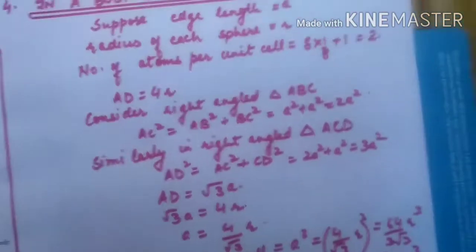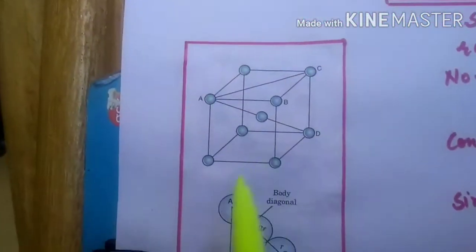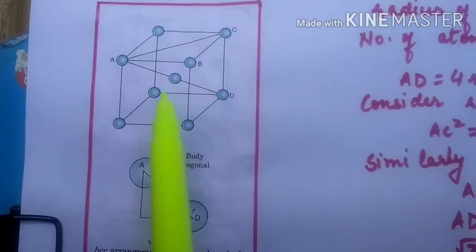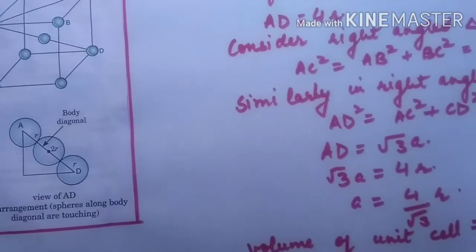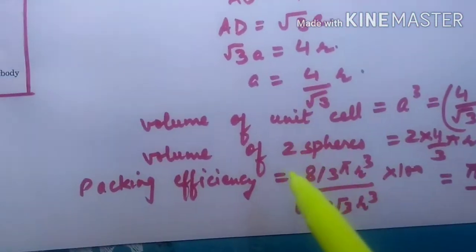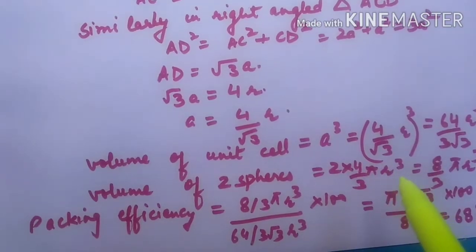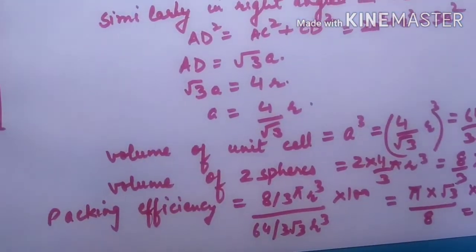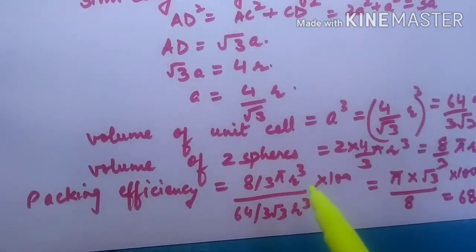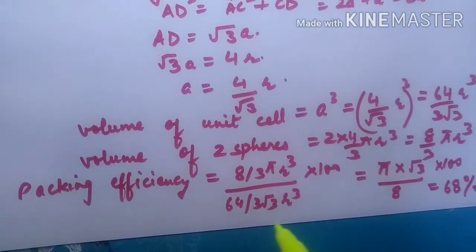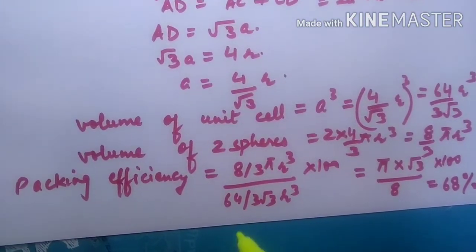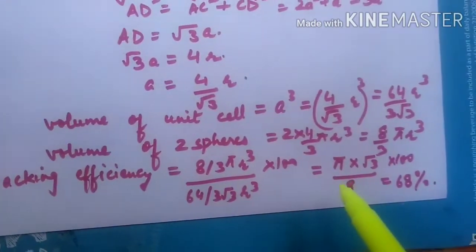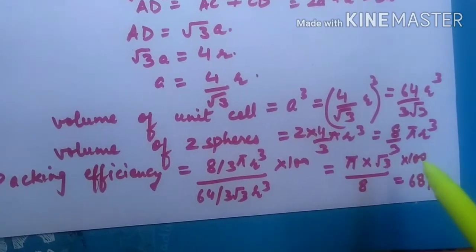Now, because a body-centered cubic unit cell has 2 spheres per unit cell, 8 into 1 by 8 plus 1 in the center, so 1 plus 1, 2 atoms per unit cell. So the volume occupied is 2 into 4 by 3 pi R cube, which comes out to be 8 by 3 pi R cube. Packing efficiency is volume occupied, 8 by 3 pi R cube, upon total volume, 64 by 3 root 3 R cube, into 100. So solving this, we get pi into root 3 upon 8 into 100,